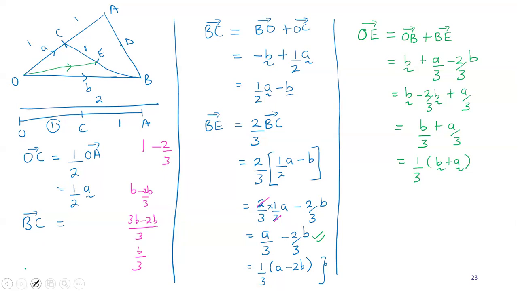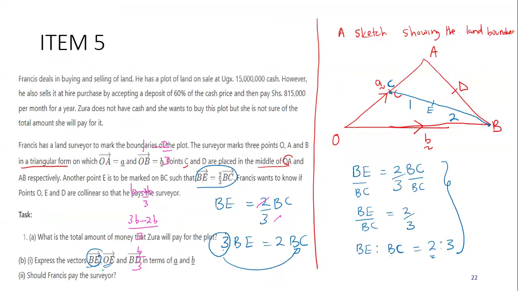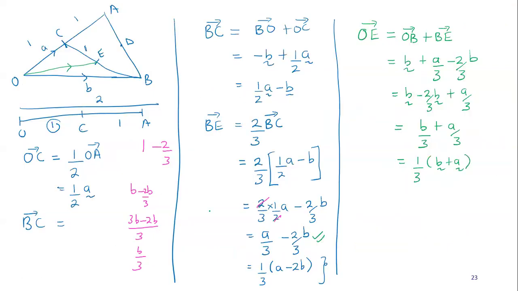So we can go to the third part. The third part wants us to find BD. BD is here. Now, to find BD, you can look out for the best path to use. I remember they also told us that D was in the middle, so it was one part, one part. I don't know who is going to give us BD. Yes, Gloria?